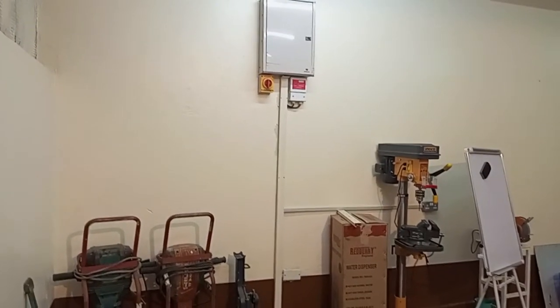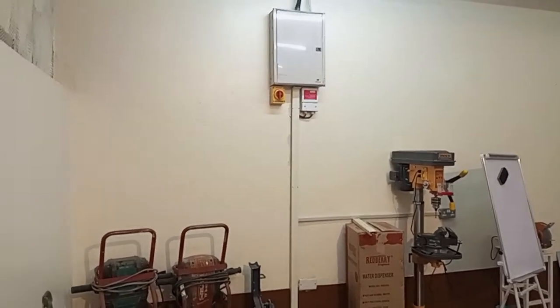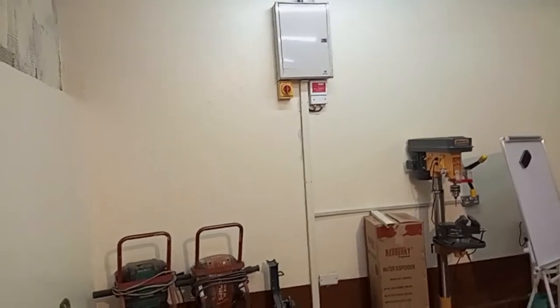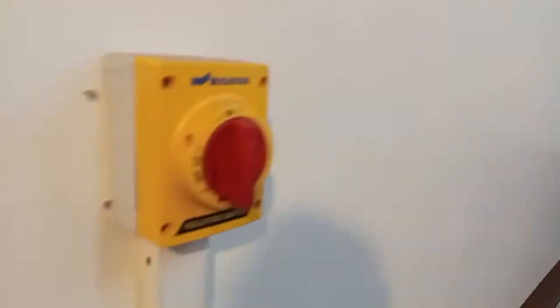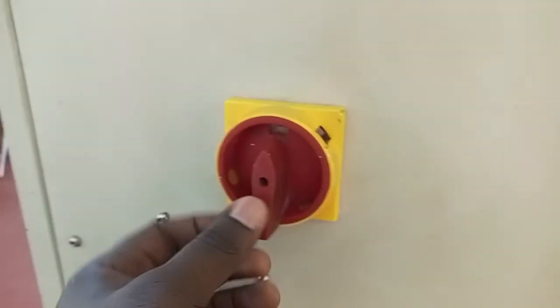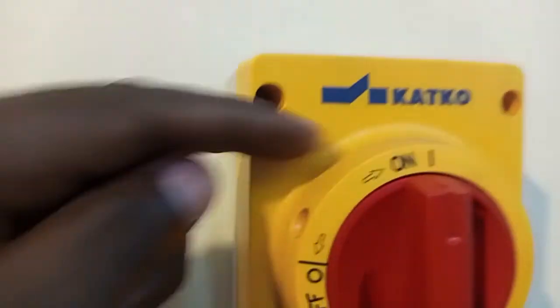The main switch also has two switches, the isolator and the surge controller. So as you can see, this is how to switch on the machine. First of all, you switch on the isolator on the wall, and then you switch on the isolator on the machine. The indication here is that it's now on. Same way, the indication here is now on. Then from there,